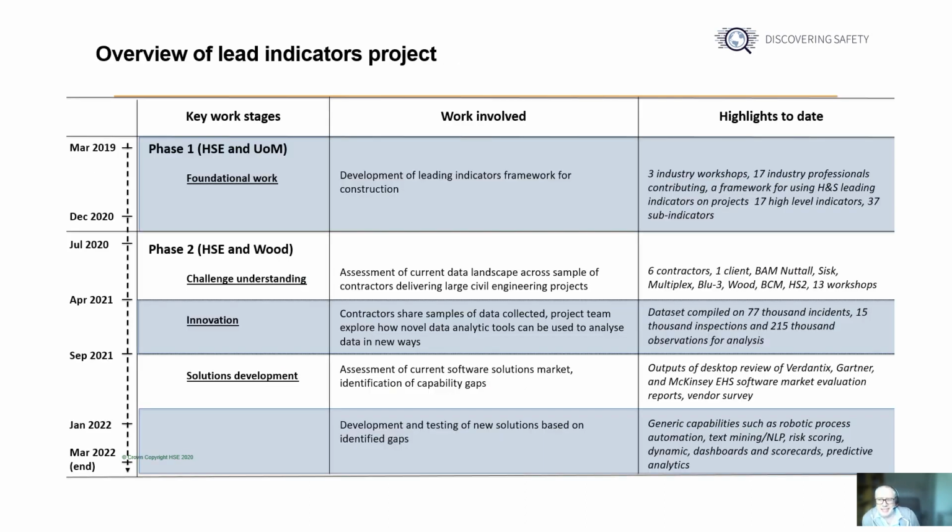So on to an overview of the key stages of the project and a timeline for their delivery. This is illustrated on this slide here. Phase one work on the project started back in 2019 and was undertaken in partnership with a research team from the University of Manchester. This work took the form of a series of industry workshops with inputs from professionals from across the construction industry. The main output of this work was agreement on a set of 17 key leading indicators, indicators which were regarded to be particularly relevant for measuring the health and safety performance on construction projects in a